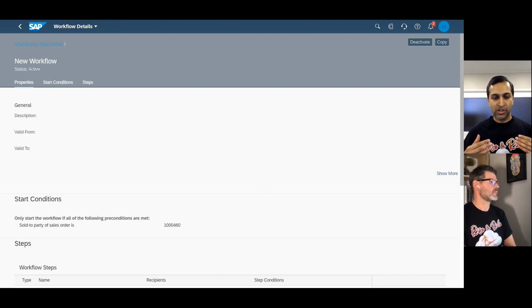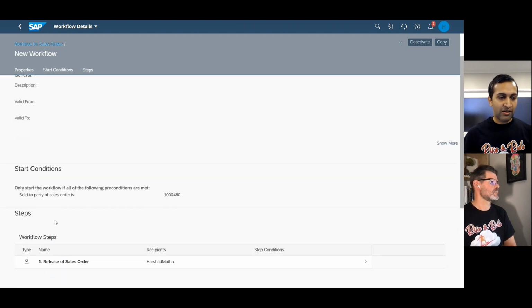what I've done is I've restricted it to one sold to party here rather than making it available for everyone, because this system is being used by a lot of people. I don't want all the sales order with low margin to go through approval process. But the idea here is simply show you how it is flexible in terms of defining the workflow and then